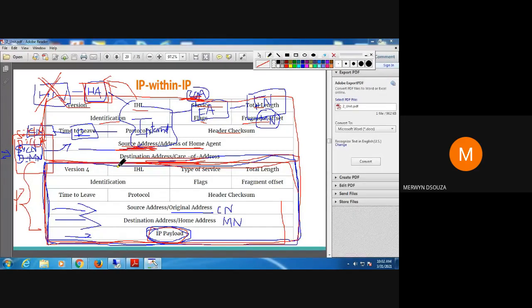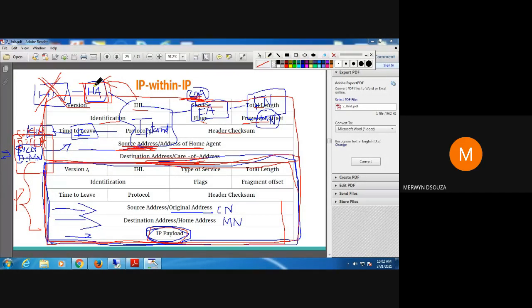Okay. So basically what you're doing, just think of it: the CN is sending one small envelope to the home agent. Home agent now has to forward this packet, and it has to tell that the home agent is the one forwarding. So it takes another bigger packet, takes the smaller packet it has received from the CN, puts it inside the bigger packet, and on the bigger packet it writes where the destination is and who is sending it.